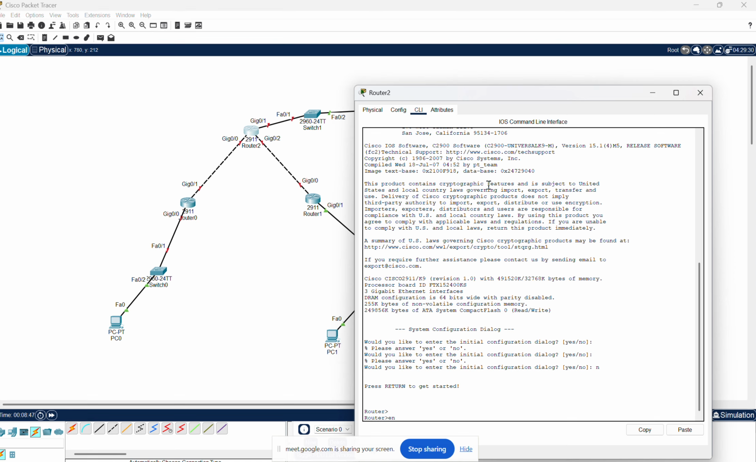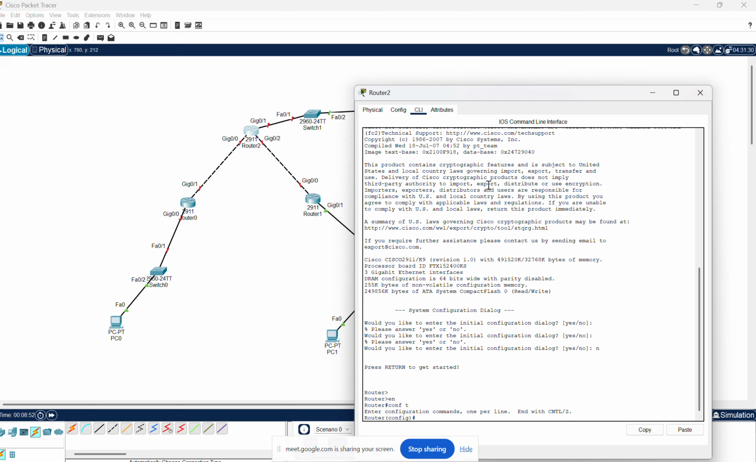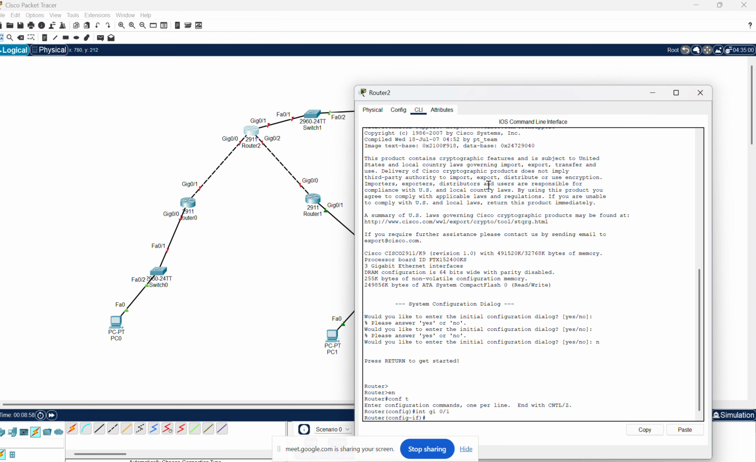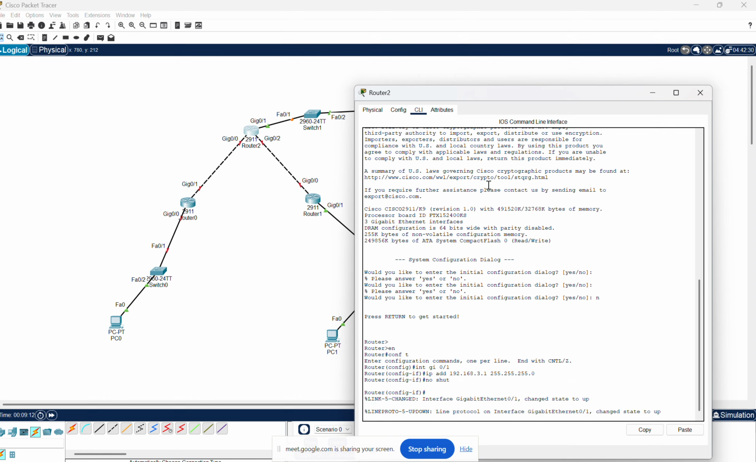So here also we go to config mode, then int again here Gi0/1, IP address that was 3.1, so 255.255.255.0 and no shut. Okay. Similarly, here also